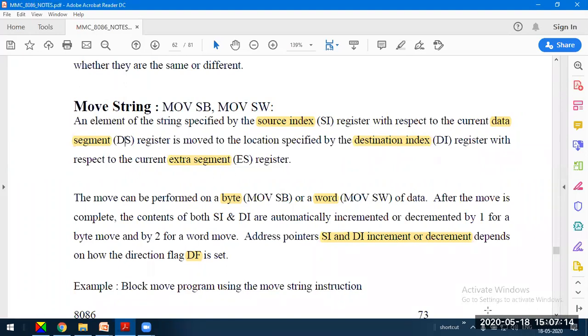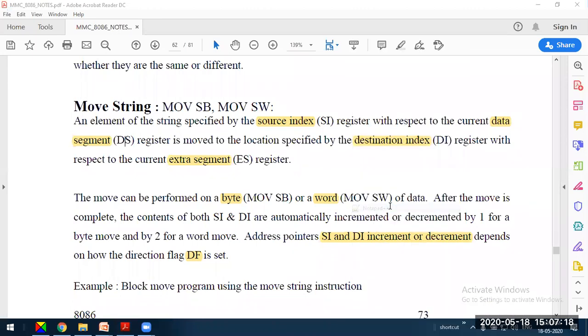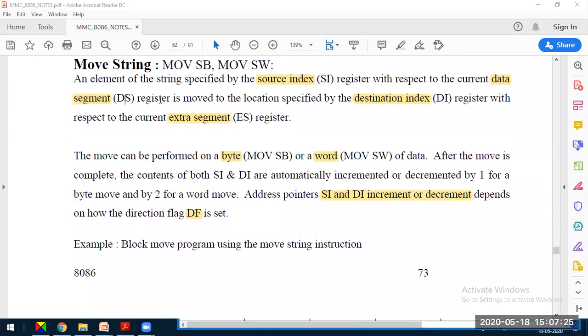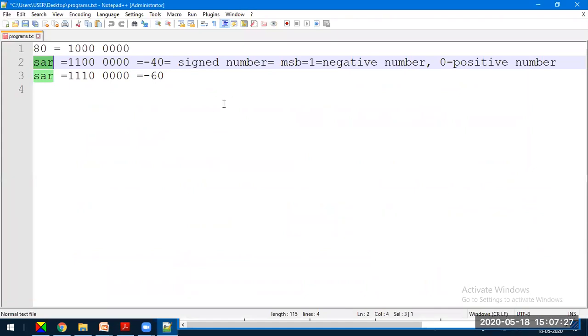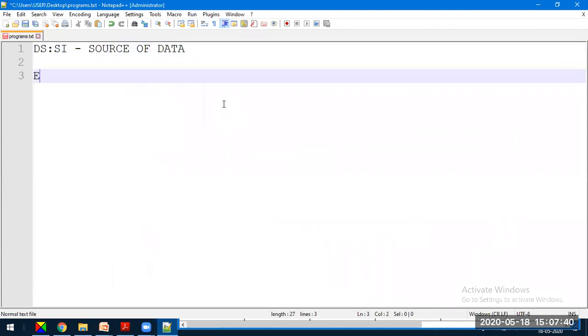Okay, the meaning of this is, just a minute. I'll open notepad, just a minute. So that means SI and DS, the source index and data segment, are used together. The source index points to the source of data, whereas the extra segment and destination index point to the destination of data.